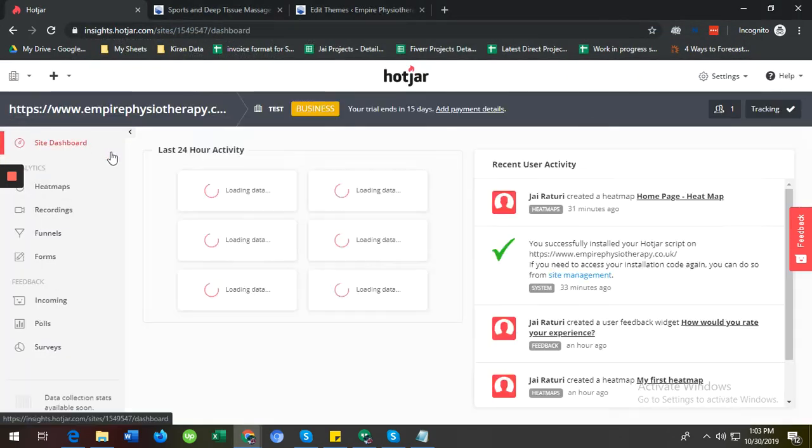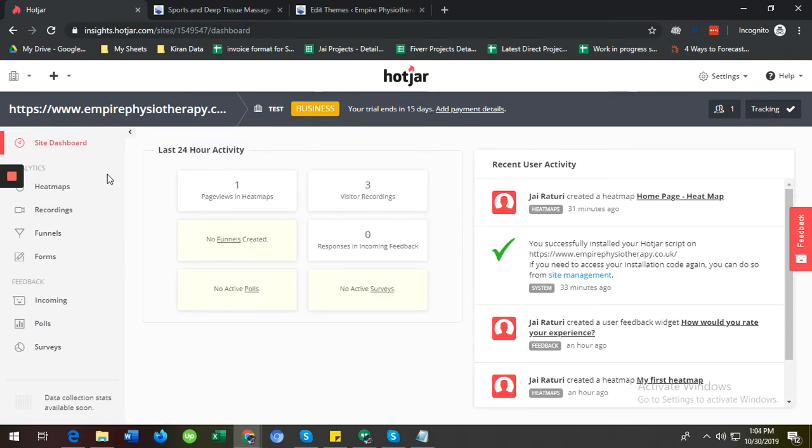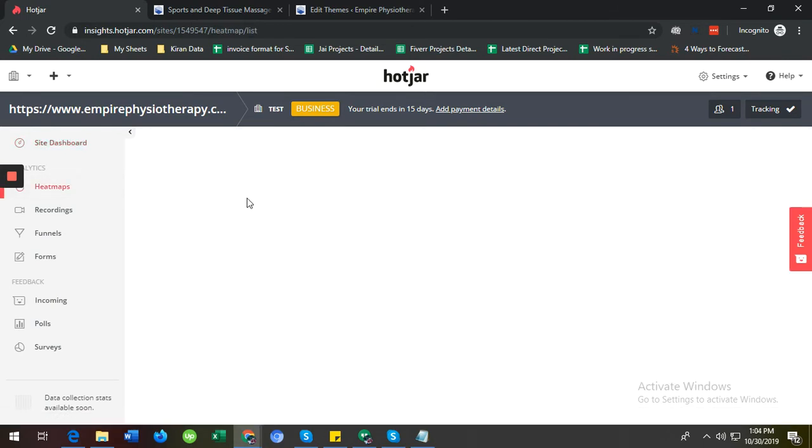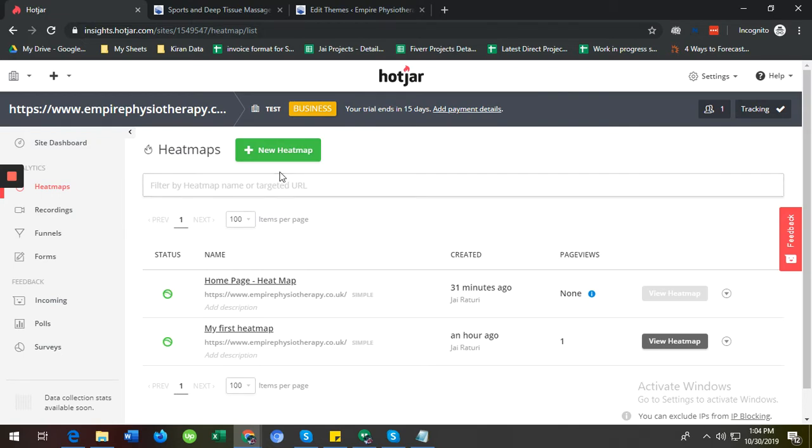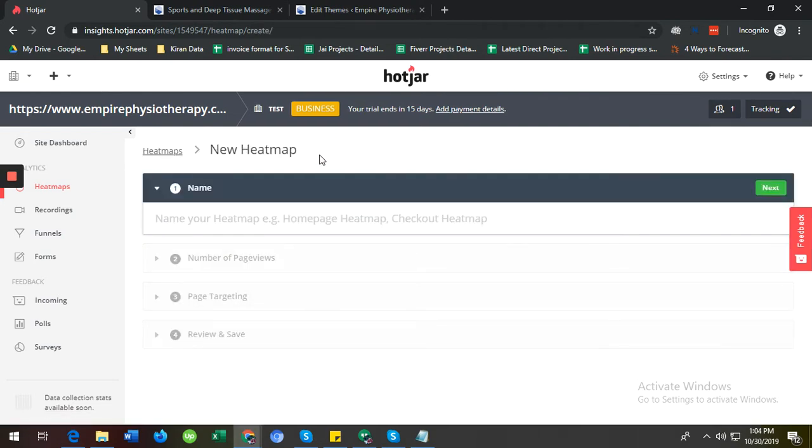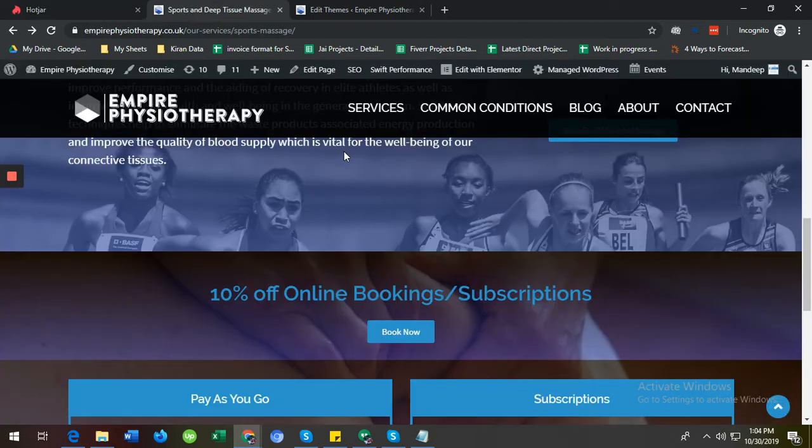Now, first of all, I will go to the heat map. What a heat map basically does is collect the data of users, like where the user is clicking and where the user is scrolling through the page. To create a heat map, just name it, like suppose we are creating a heat map for this particular page.